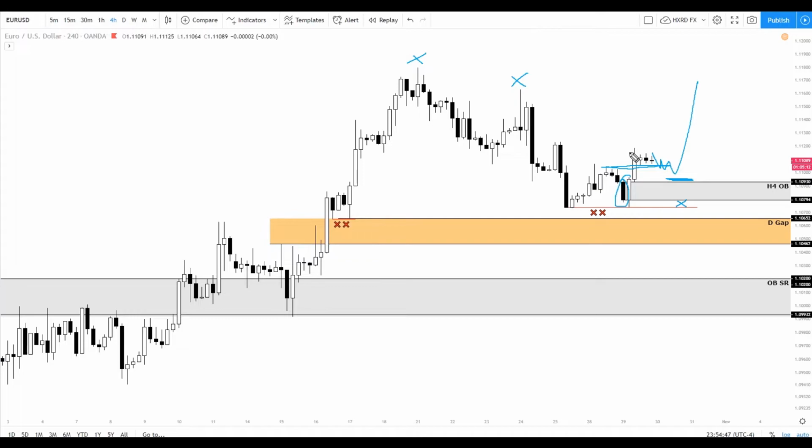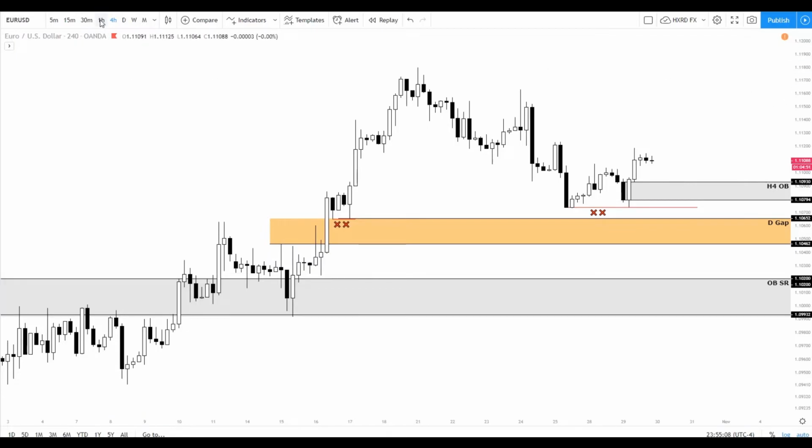All right, if this does indeed, if that doesn't hold, then I'm expecting price to trade all the way into here, and that would form the low of the week before we have a continuation to the upside. Okay,